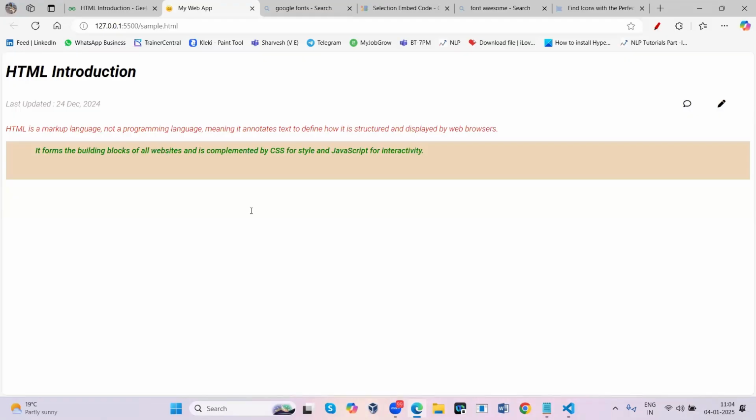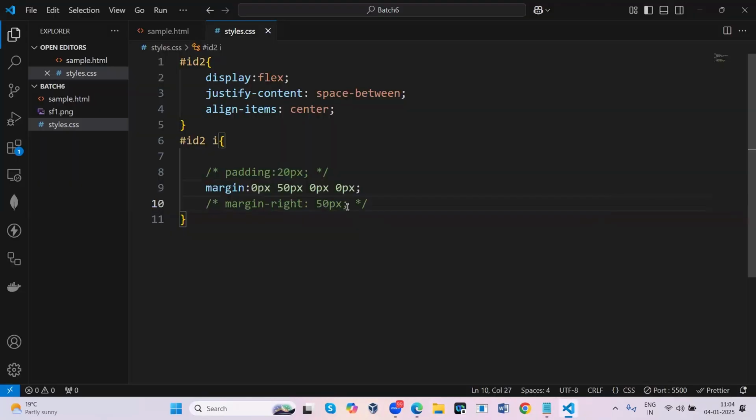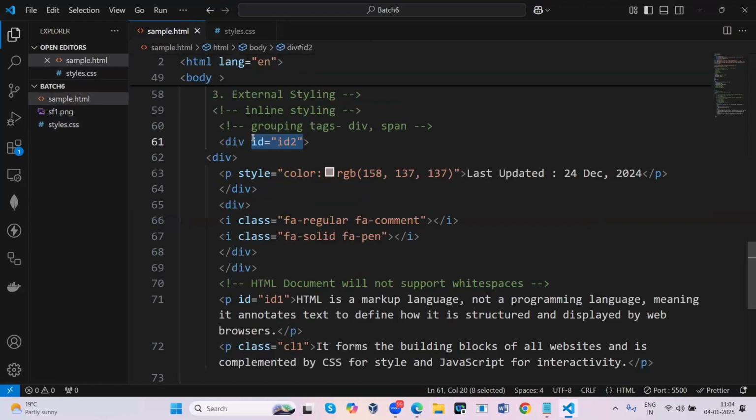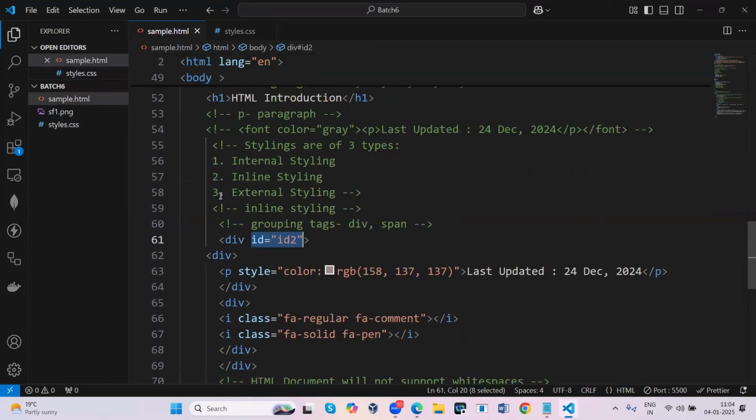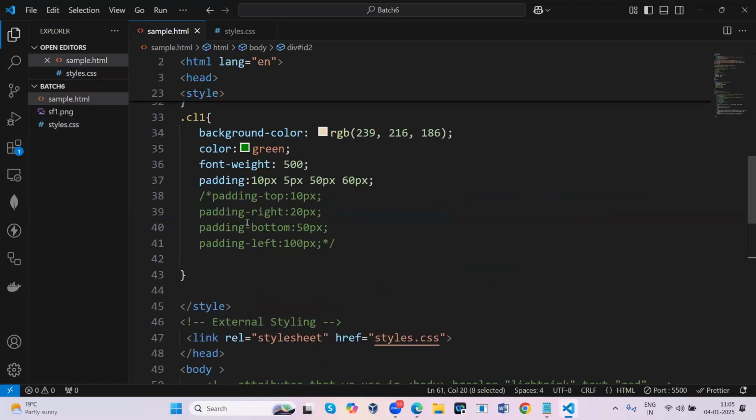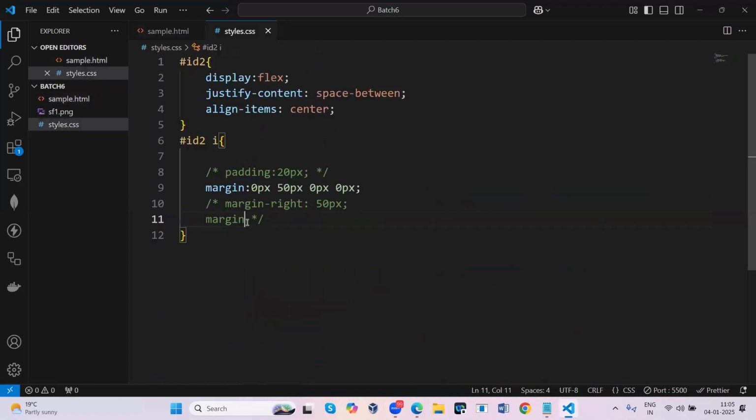If you want to do it individually, you can make use of separate properties, like we learned for padding. Same way you can use margin-top, margin-left, margin-right, whatever you want. I've just commented it here.